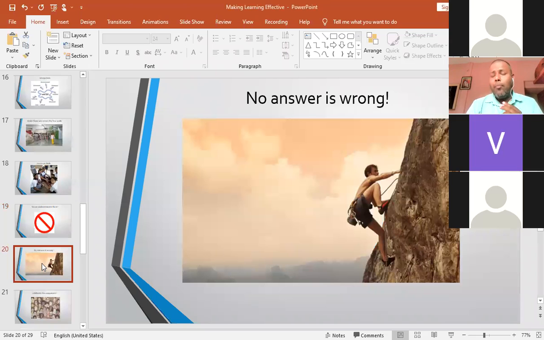No answer is wrong. Many a time we ask questions in the class, like if it is maths, word problems are there, pictorial problems are there. Sometimes the children who are good, who are well practiced, who do deliberate practice, are able to reach the answers. But there are a few who try well, but are not able to reach the answers. But you must celebrate the fact that they have tried. You must celebrate the process of trying.